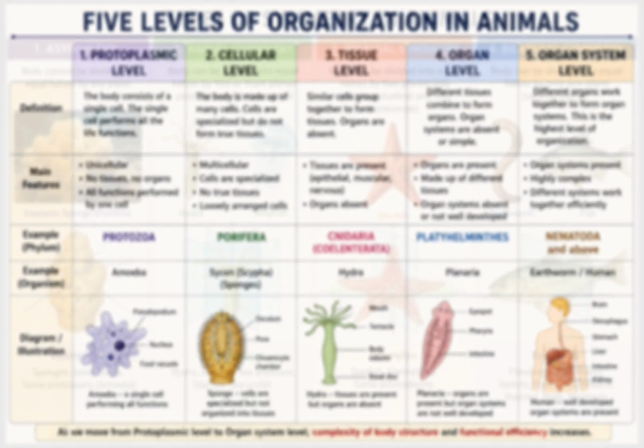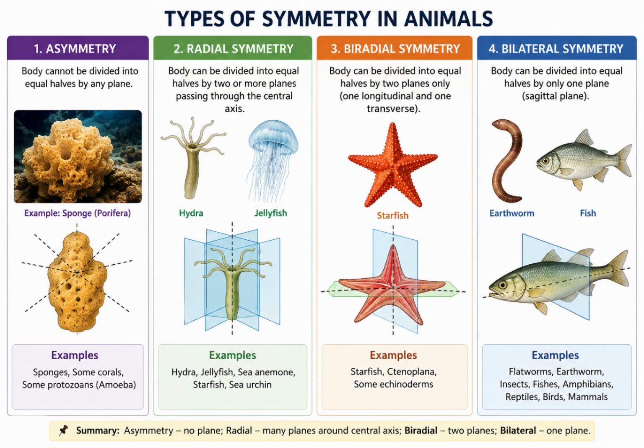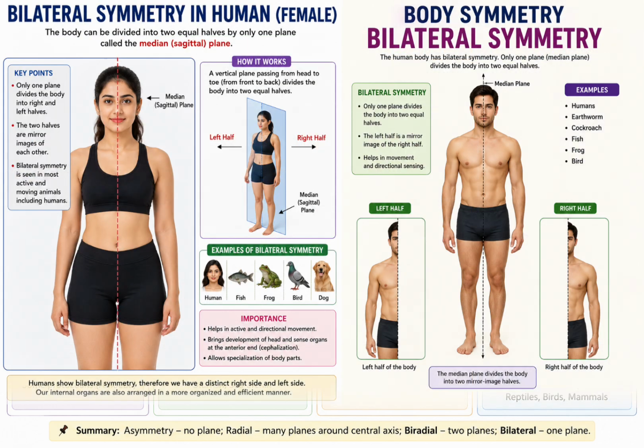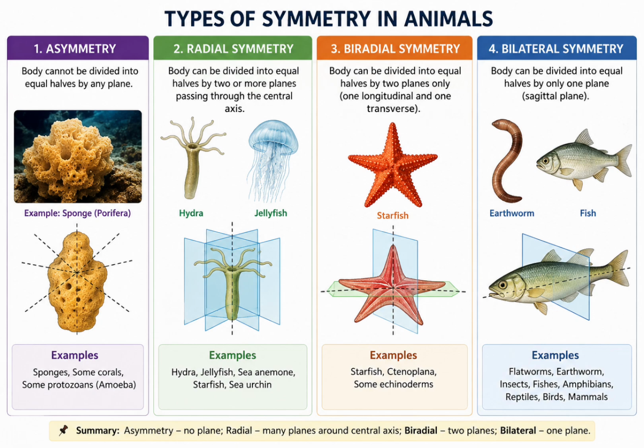Let's move to another very important basis of animal classification, and that is body symmetry. See, if we draw an imaginary line through the body of an animal, can we divide it into two equal halves? Yes. The arrangement of the body parts with respect to an imaginary plane passing through the body is called body symmetry. Look at your own body. If I draw an imaginary line from the middle of your head to your feet, then your body is divided into two equal halves. But does every animal show the same arrangement?